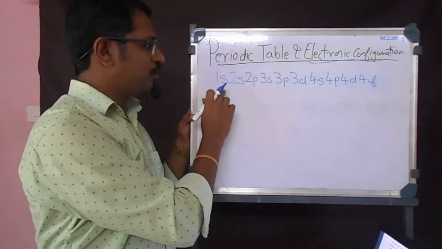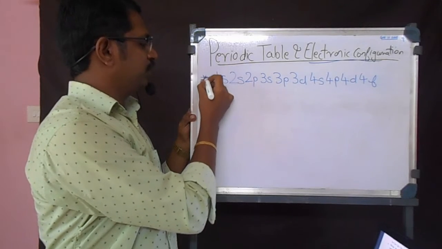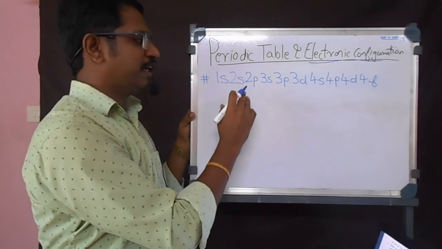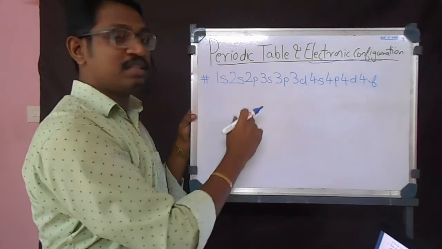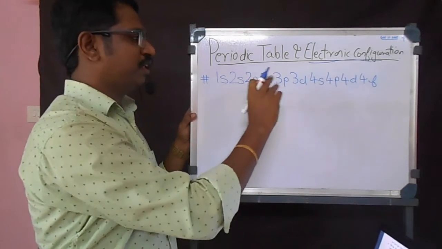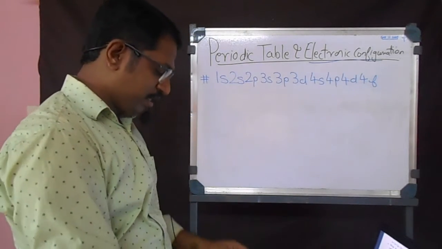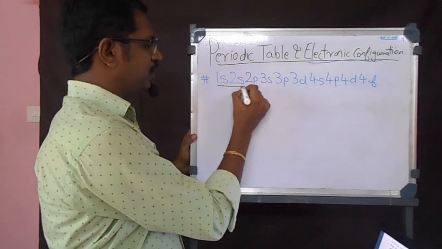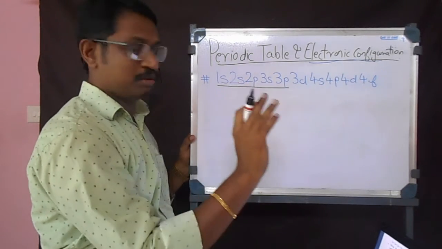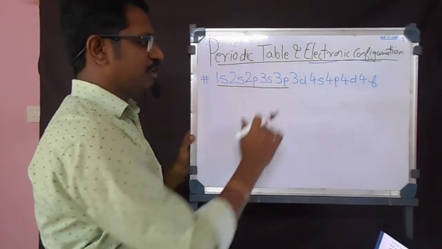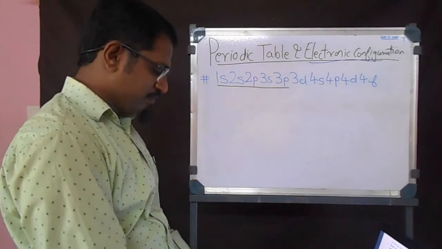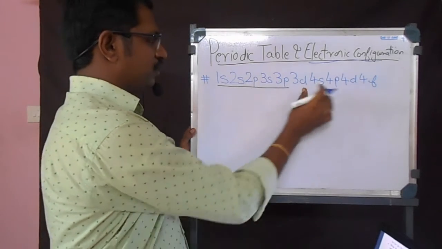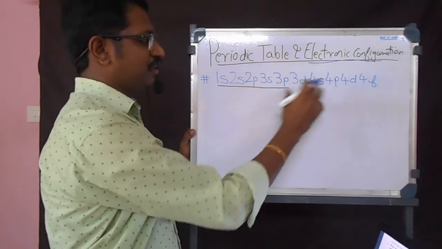Now you have to know that this is what we think, but actually as per the experiments it is found that the energy level of some of the subshells is different from the preceding one. So till now, from here until 3p there is no issue. We can follow the same. But after this 3p we have to be careful. It is not this way that we think. The energy level will change.